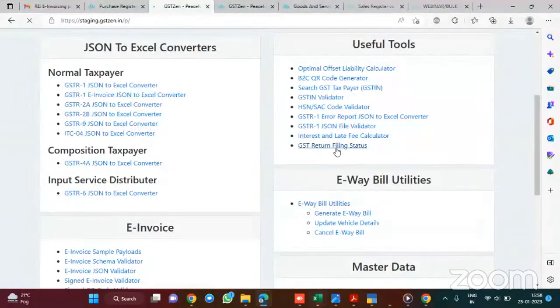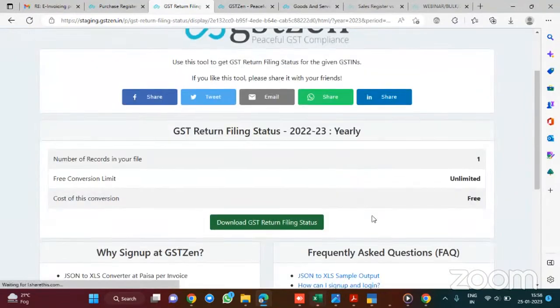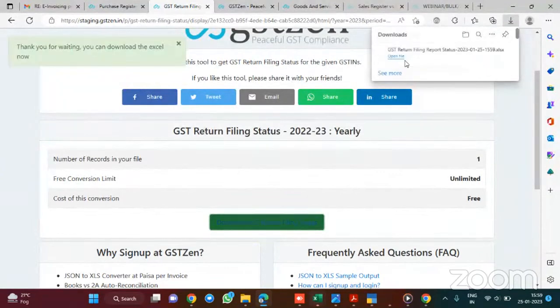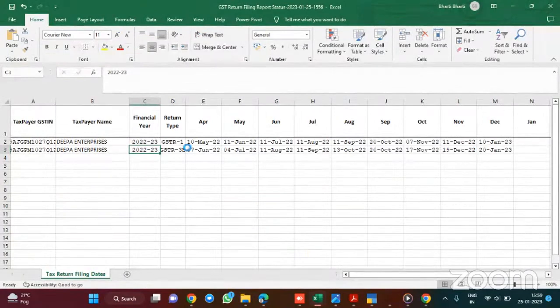If I check for the same GST number here, I can see that there is no cost for me checking this status. So if you are a Pro Plus subscriber of GSTZen, you can check any number of GST numbers and any number of times. I would get the same report here, and that would be a part of my subscription plan.